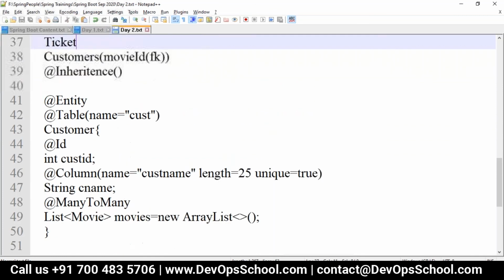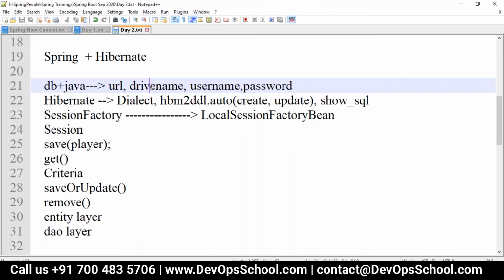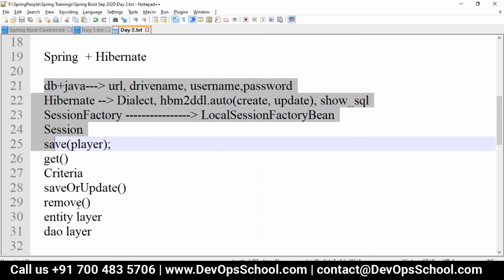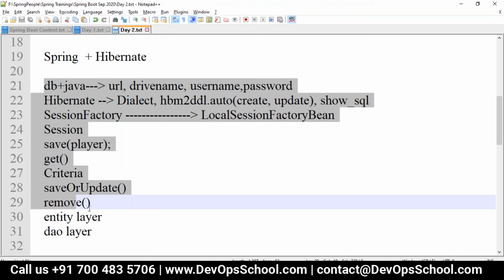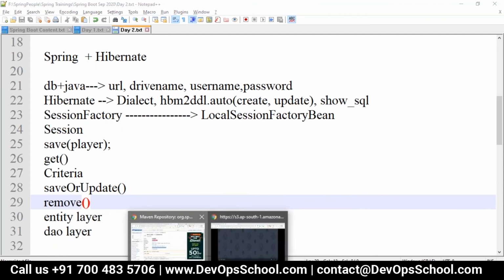So first we'll convert only Player. Once we have done that, maybe in the next session, I'll take relationships, make some entities, and show how to do it with Hibernate with all the relationships. So first I require the dependencies now.